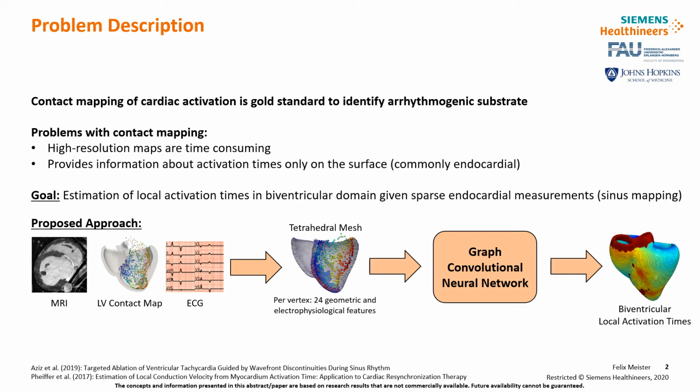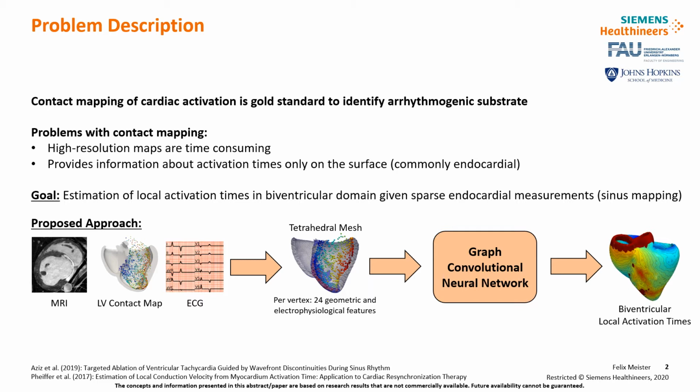The goal of this work is to estimate the local activation times in the biventricular domain from a sparse set of endocardial measurements that are acquired during sinus rhythm. The proposed method works as follows. Given magnetic resonance images, the left endocardial contact map, and 12-lead ECG traces, we represent cardiac anatomy as a tetrahedralized mesh. Next, geometric and electrophysiological features are extracted per vertex. The mesh with vertex-wise features is then processed by a graph convolutional neural network to regress local activation times in